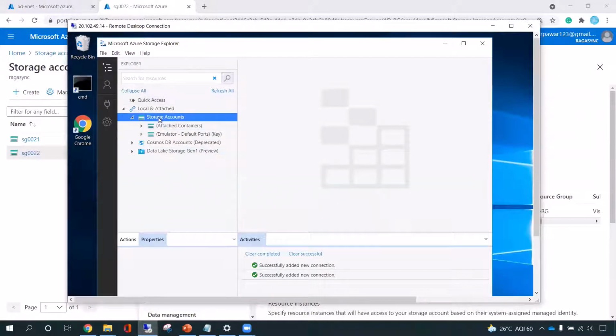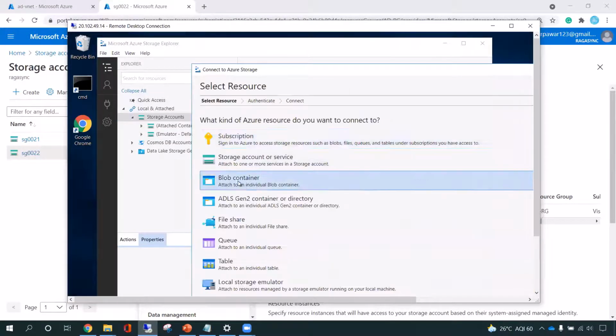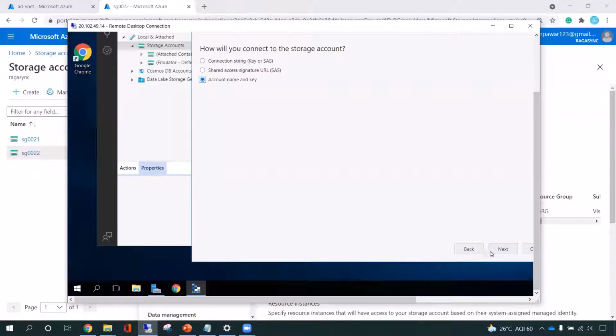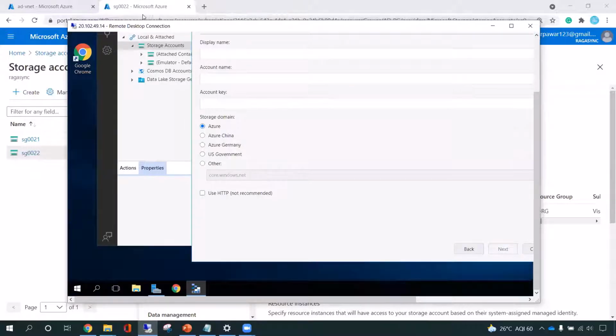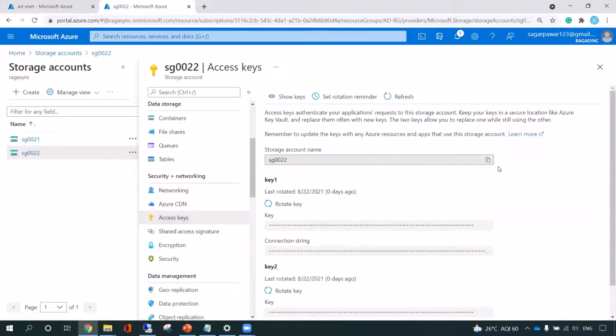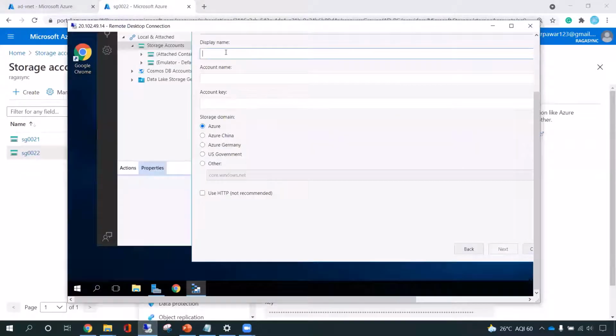Let me connect to the Azure storage, for which I need the account name and access key. Let me take the access key from here. Account name: display name and account name are the same.